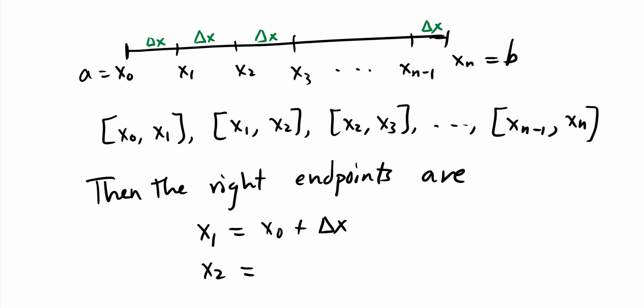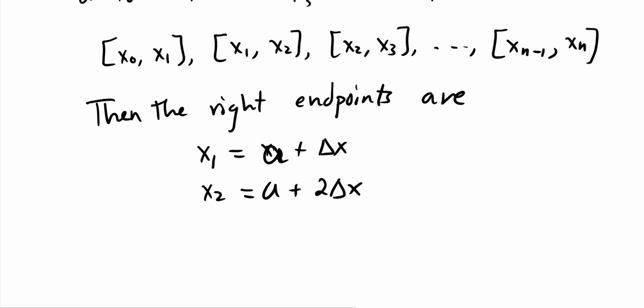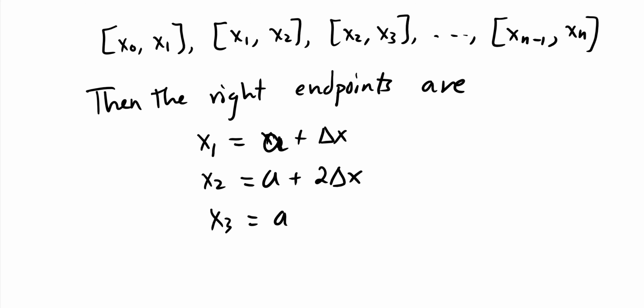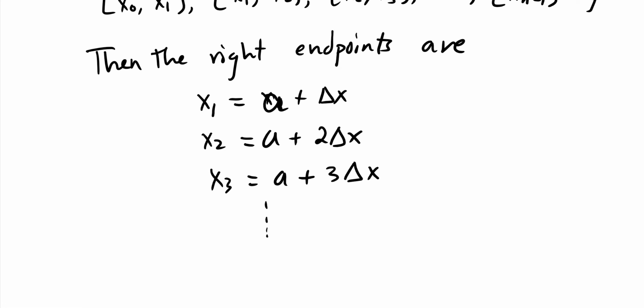Well, you just take x0, or a if you like, and add another delta x. If you want to find x3, a plus, add another delta x. And this can go on and on, all the way to xn. xn is a plus n delta x. Notice how they match: 1, there's a 1; 2, there's a 2; 3, there's a 3. So I expect, since there's an n delta x. So we're going to be using this